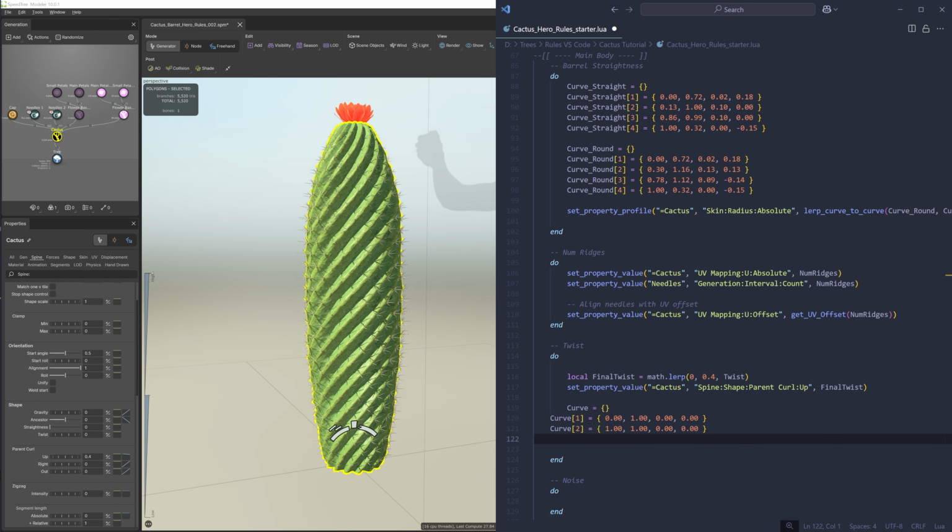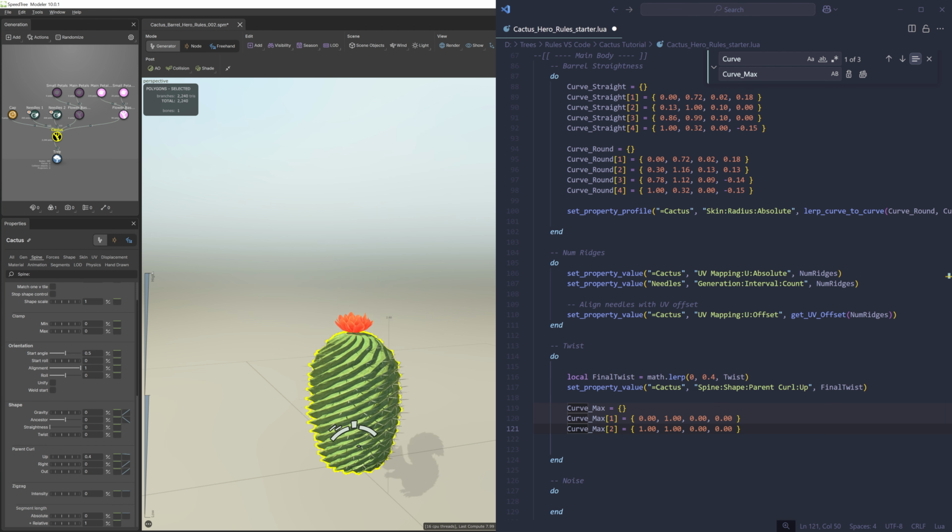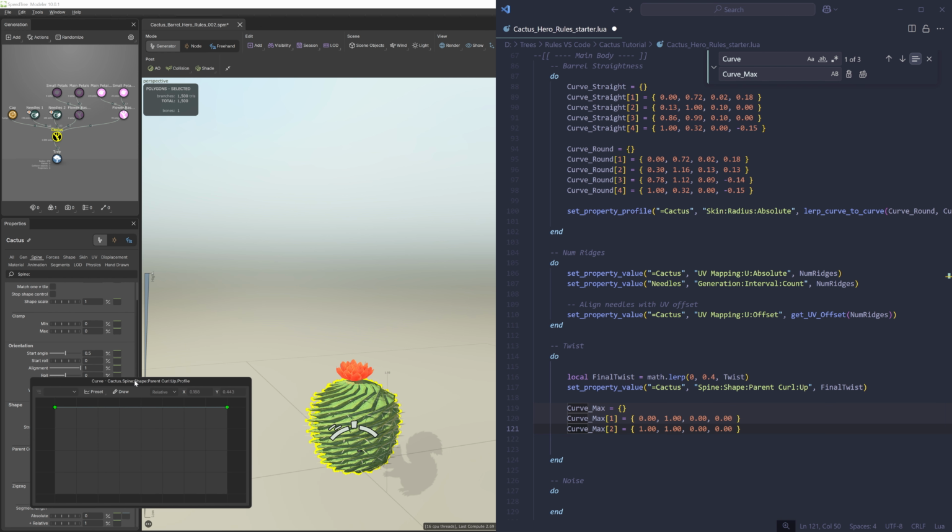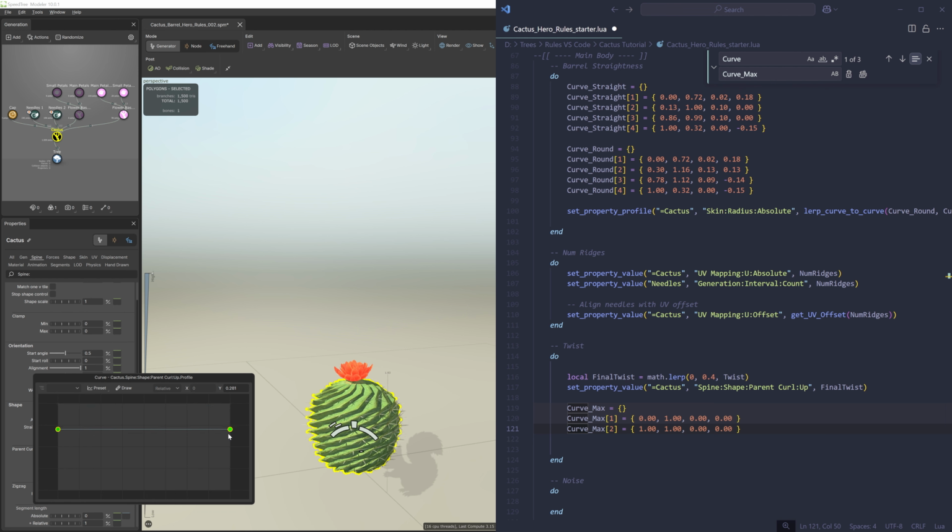So there's the max, and I'll name the curve curve max. And then I'll slide my height rule to 0 and find the curve that I want to be the max amount of twist when my height is at 0. If I want my amount of twist to be proportional from my minimum height to my maximum height, I can simply see by what factor my absolute property increases and use that to inform my curve.